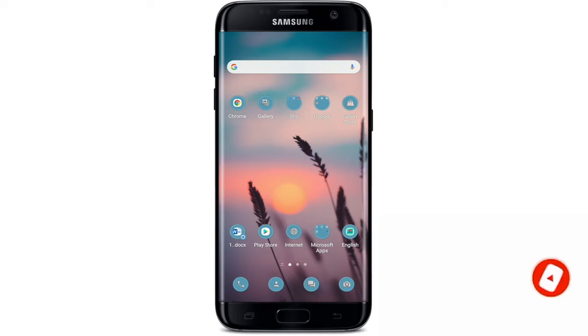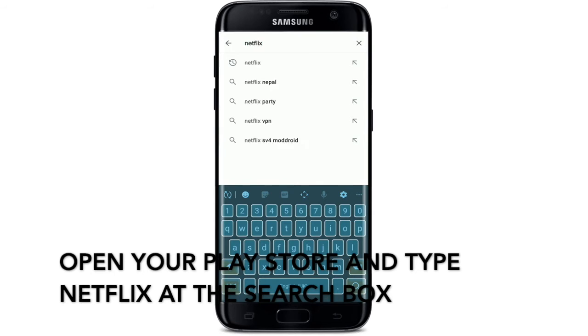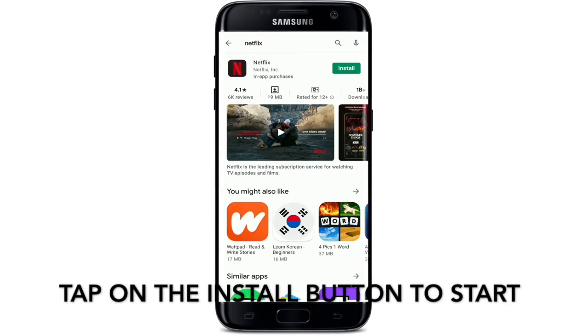Without further delay, let me open up my Play Store, and in the search box at the top type in Netflix and make your search now. In the search results, you'll be able to see the application displayed. Simply tap on the install button to start